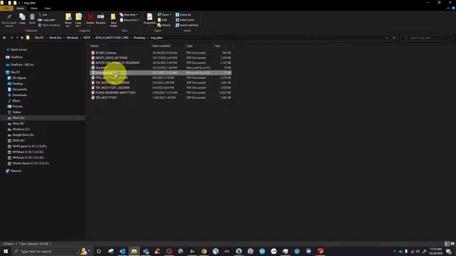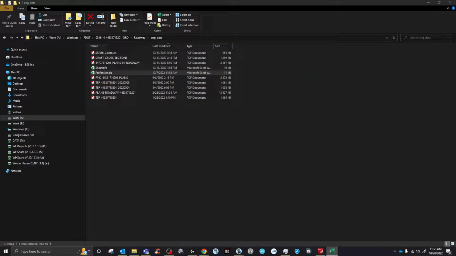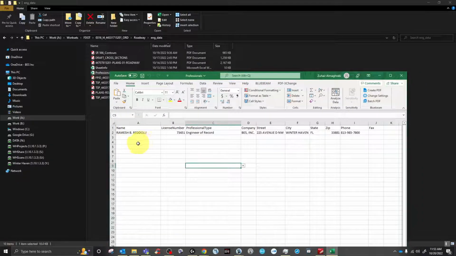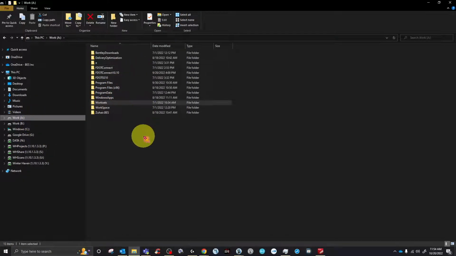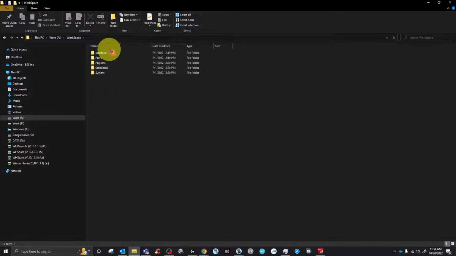This Excel, you can save it wherever you want to save it. You can create your own too. You just have to name it like this: the name, the license number, the professional, the company, the type, whatever. But this Excel comes from DOT, so when you install ORD on your machine and then you install your FDOT Connect programming, go to workspace and then